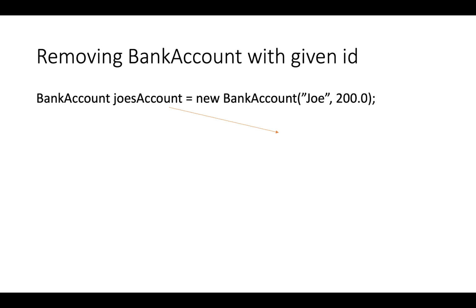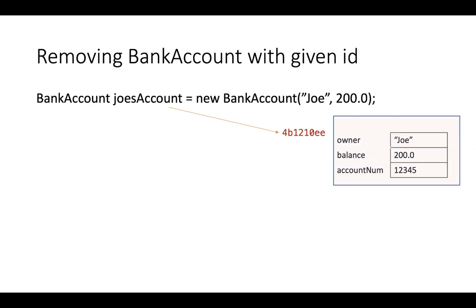I'd now like to just look at a brief example internally of what's happening when I try to write methods like this. So here I have an example of just trying to create a bank account object. I've named it Joe's account, and hopefully we know by now that Joe's account is a reference type, so it actually stores an address. Joe's account is an alias for an address, which is somewhere in memory where enough space for an entire bank account exists. Bank accounts have those private fields, owner, balance, and account num. So you can see that Joe, 200, and whatever his account number is are stored in memory at this address that